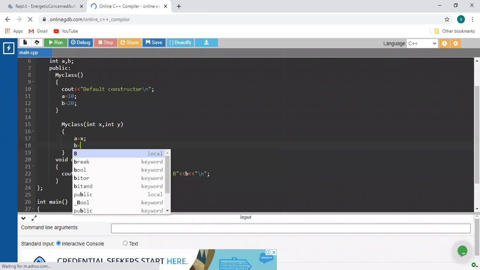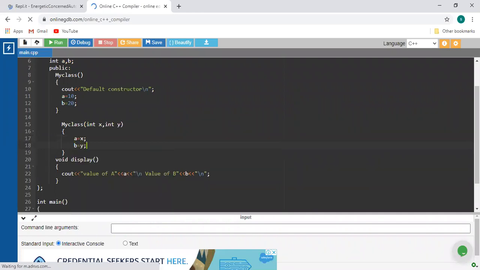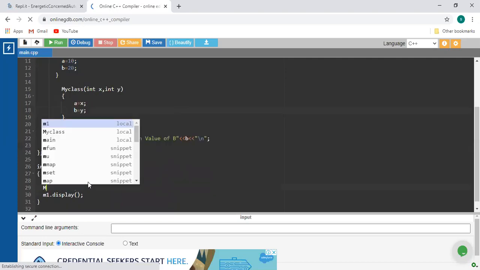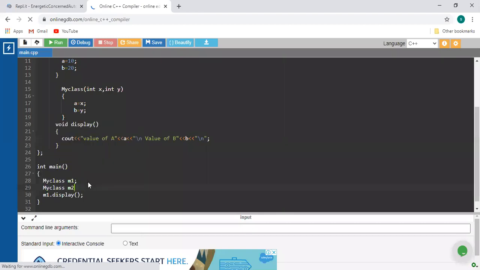Now just create the object, my class as m2. I'll write here parameterized constructor.